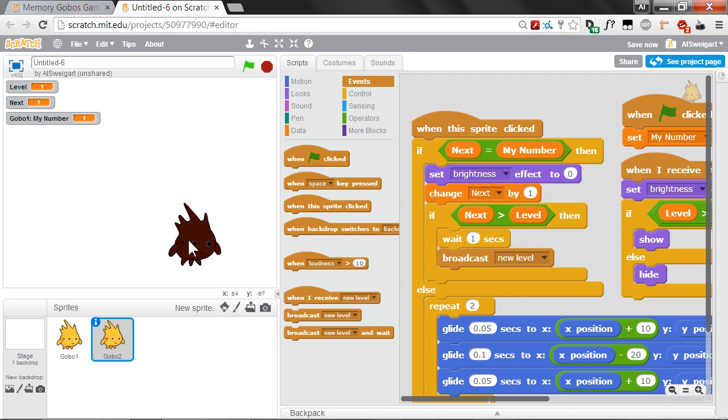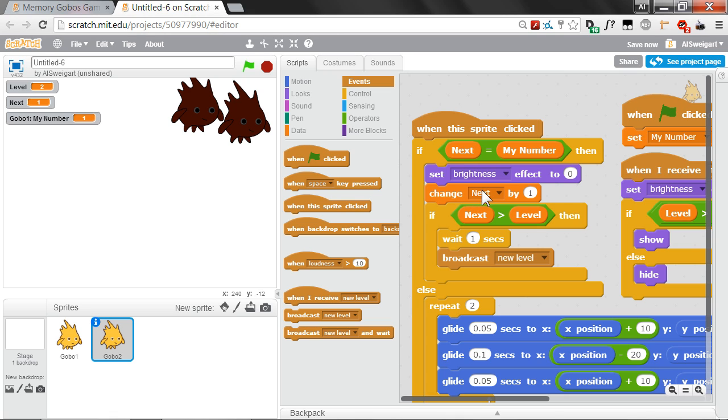So we can just click on this Gobo sprite, and what happens there is next started off equaling 1. Since next equaled my number of 1, that was the correct Gobo sprite to click on, so it changed the brightness back to the regular brightness, which I can show you right now. Just restart this game. It went back to its regular brightness, then it increased next by 1, but also, since now